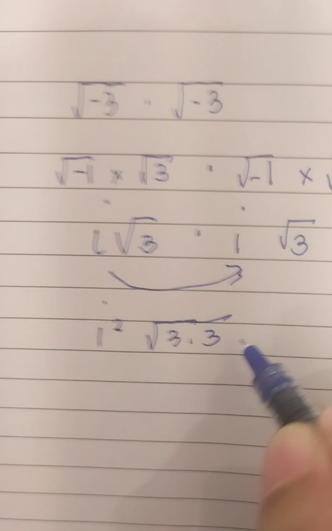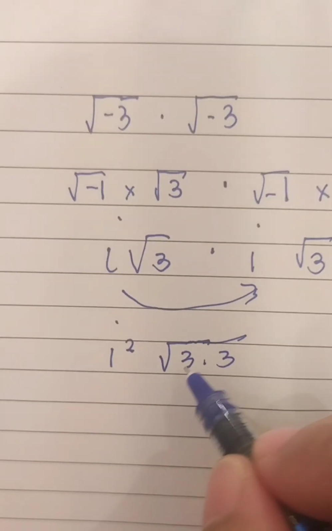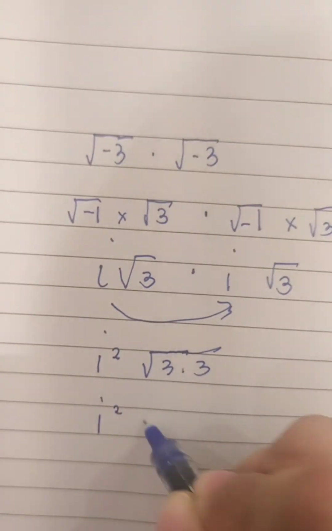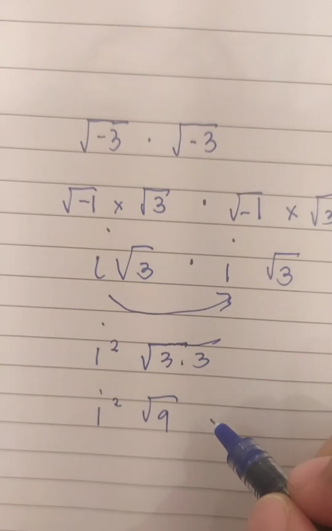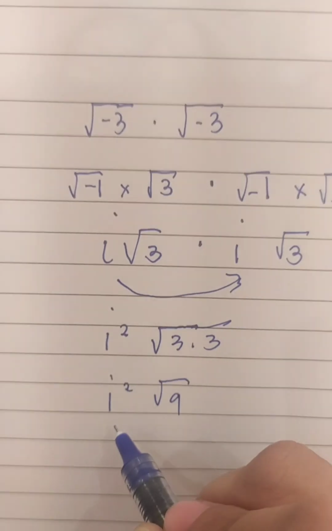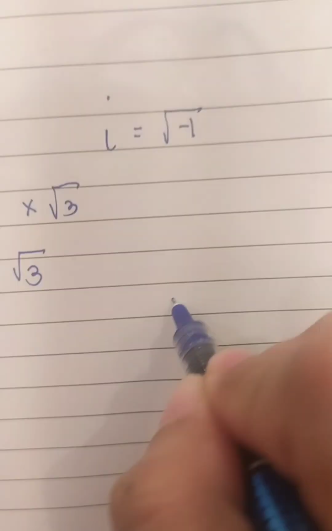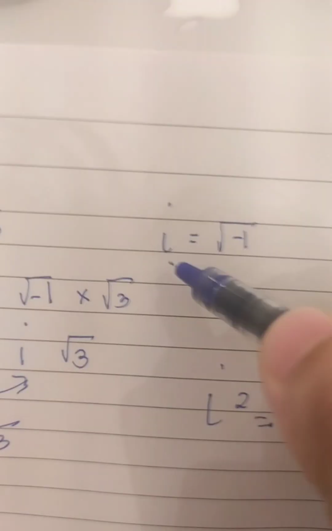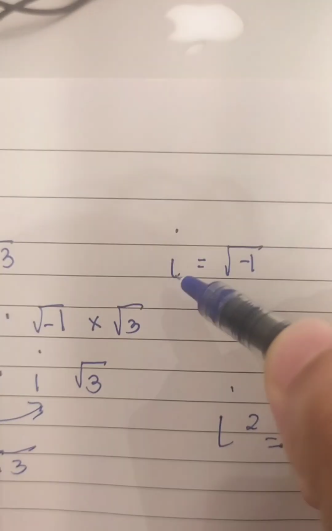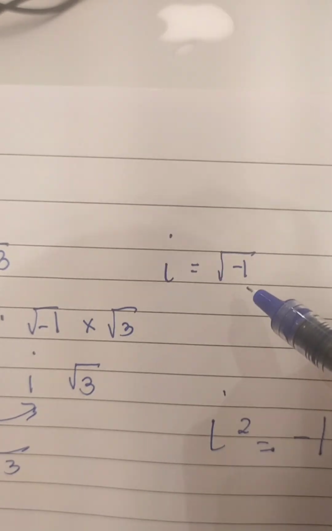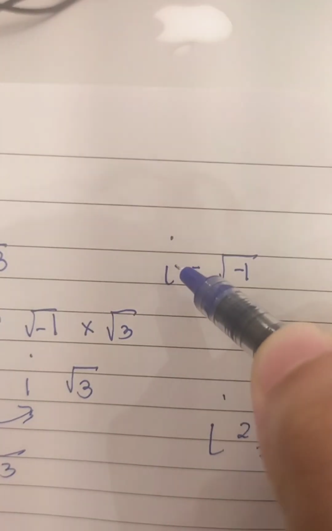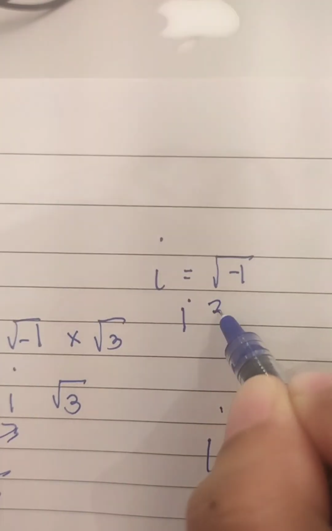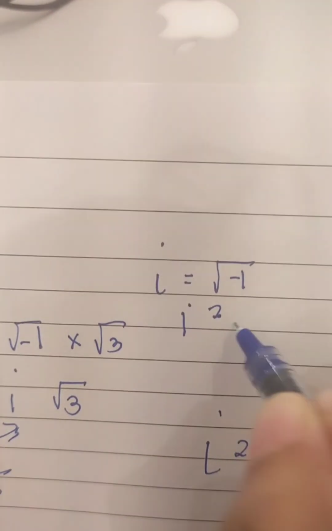Alam naman natin na ang 3 times 3 is equal to 9. So, pwede natin i-write na ganito: square root of 9. Ngayon, by definition, ang I squared ay equivalent nito ay negative 1. Pansinin niyo dito, kapag single lang siya, magiging square root of negative 1. Kapag dinoble natin yung I, kapag naging I squared to, so, ibig sabihin, magiging,